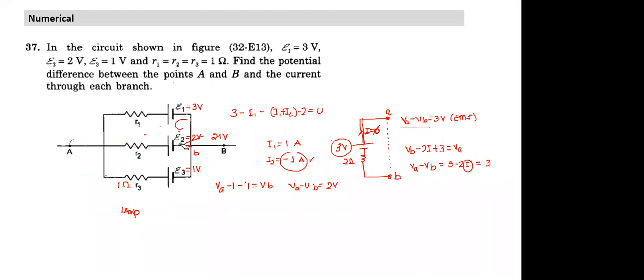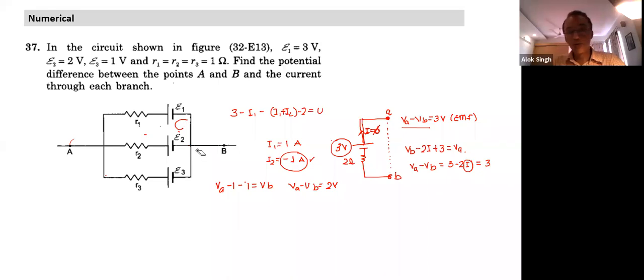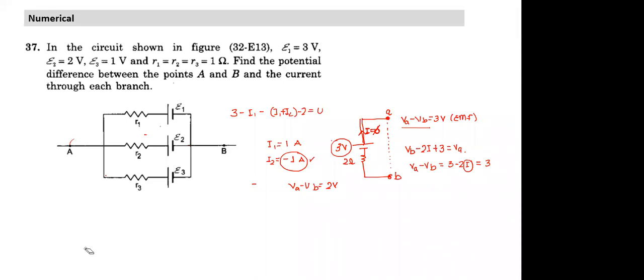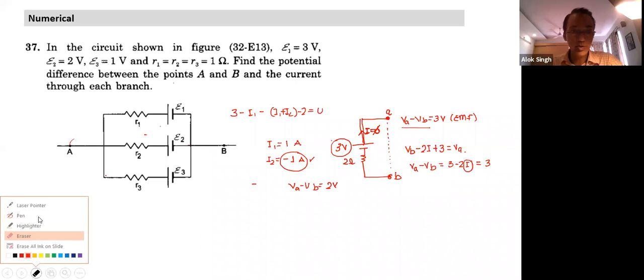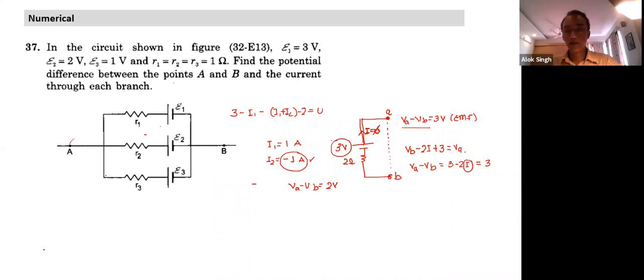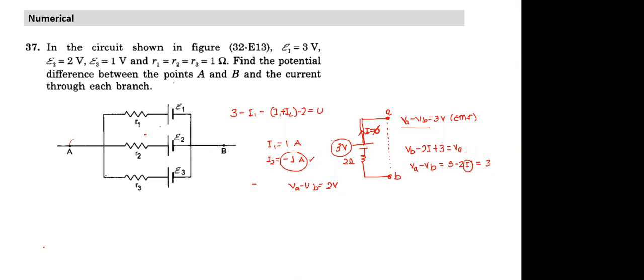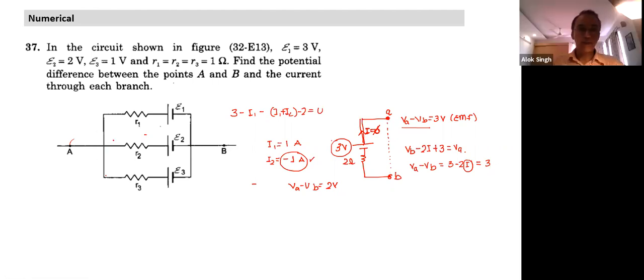Sir, my doubt was, when we take the junction rule, which direction should we take the current flowing in? No, you see, I told you a number of times. In the junction rule, does it matter which direction we take the current? Ahlad, tell me. Do we need to think about which direction I should take? No need to think. Are you getting my point? Sir, I didn't understand why you took I1 plus I2 towards the battery instead of towards A. Okay, let me come to that point.